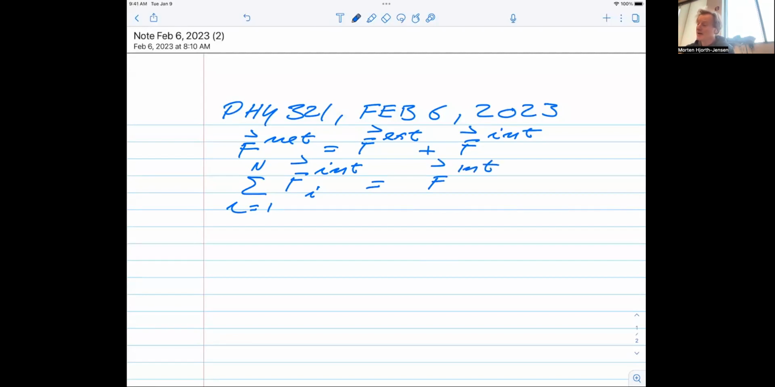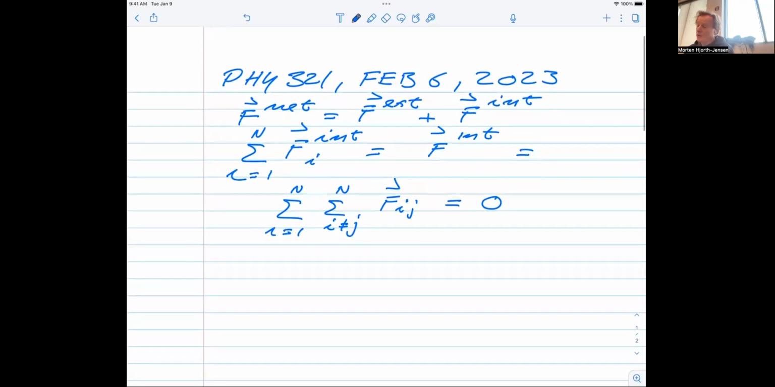That is something which, if we have a two-body interaction only, or two-body forces, was given by a double sum over i, j, i different from j, up to n, of F_ij. And what we showed last time is that this is equal to 0 due to Newton's third law. And then if there are no external forces, F external, what that meant was that linear momentum, since the force which we have, internal force plus the external forces,